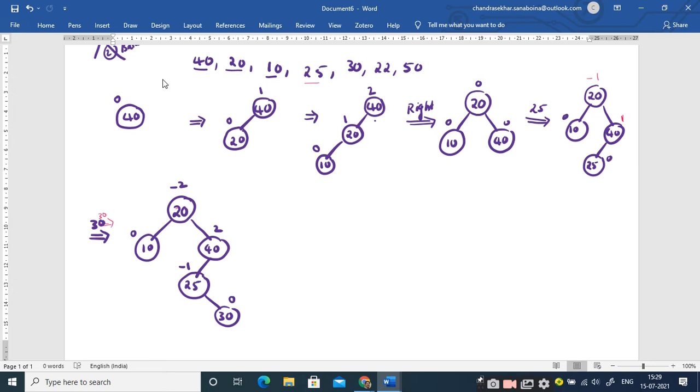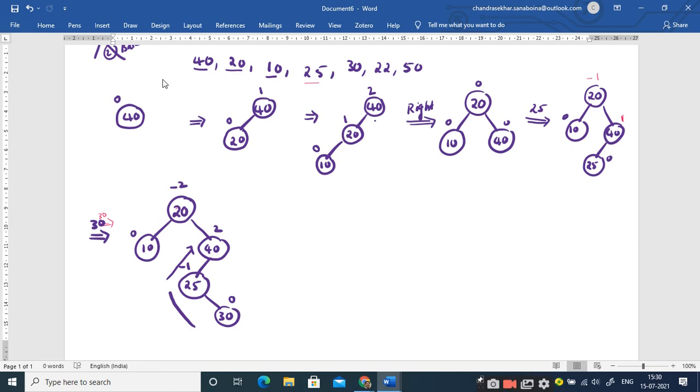So when the balance factors are violated at more than one node, you should always go from the leaf node. What node have I inserted recently? 30, sir. So start from 30 and go towards its parents, in the upward direction. What is the first element encountered which is out of balance? 40, sir. Therefore you have to balance it at 40.